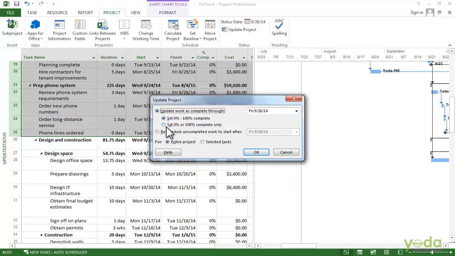But the other option, which is set to 0% or 100% complete, means it will handle unstarted tasks and the complete tasks, but it leaves anything that is in progress alone. So we will select that one and then click